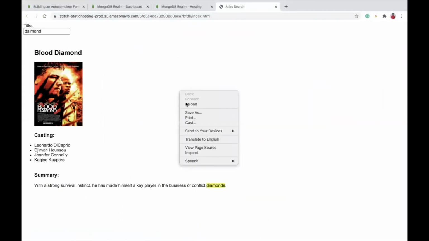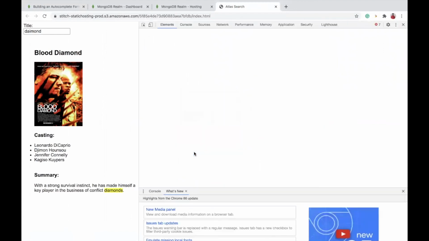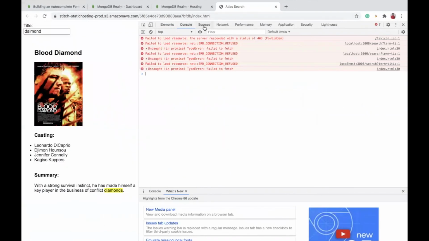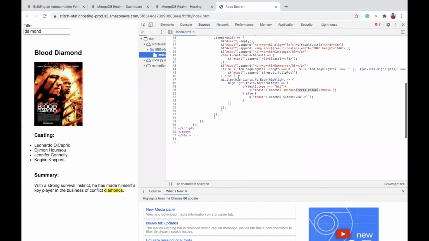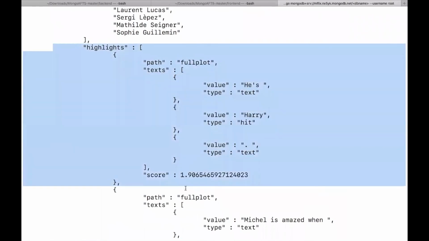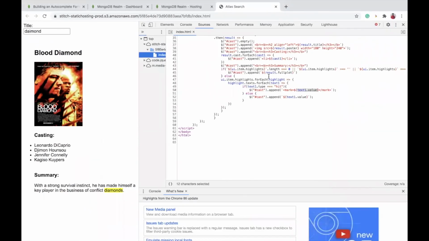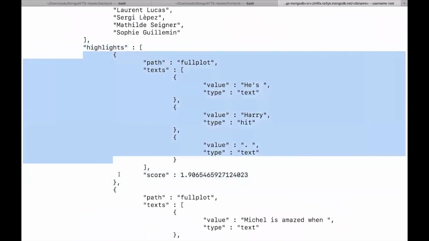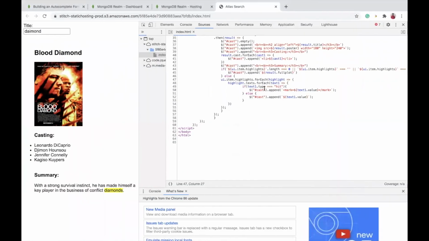Using this in our front end application, from our code, highlight is an array of different documents. I am looping over that with a forEach loop, and an individual document is sent over the loop, and then again text is an array of multiple documents.